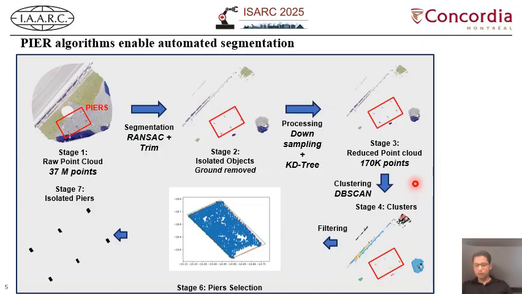After this pre-processing step, we're going to use DBSCAN, which is a famous clustering algorithm to cluster points based on density. So we can see after running DBSCAN with our pre-processed point cloud, we can see our piers have been correctly identified. But then we only want to retrieve these 6 piers. So to do so, we